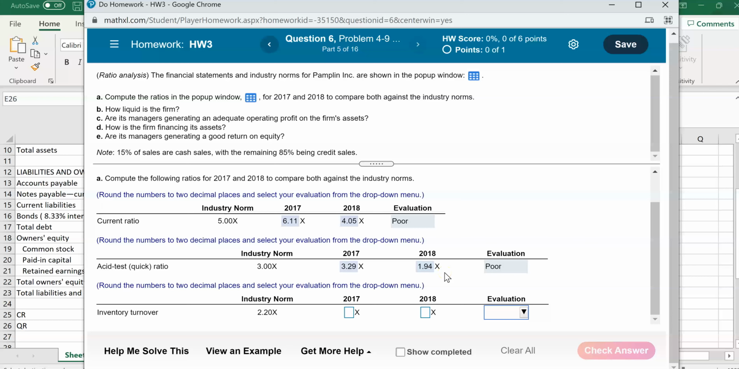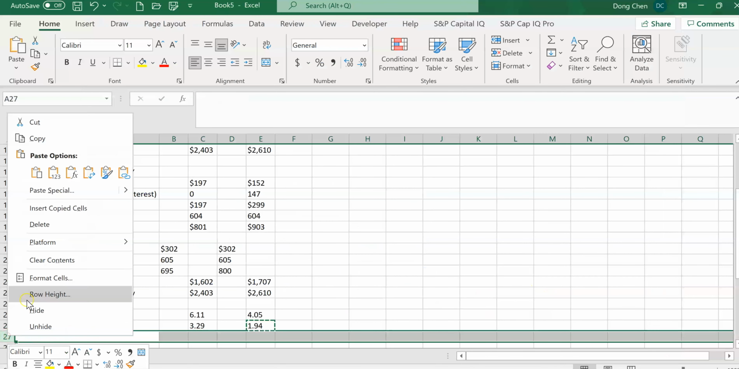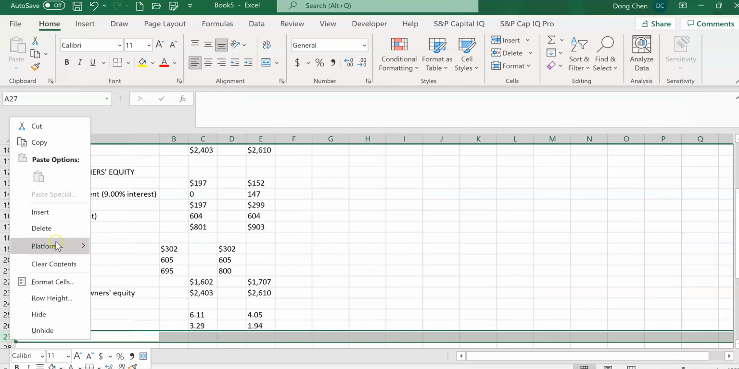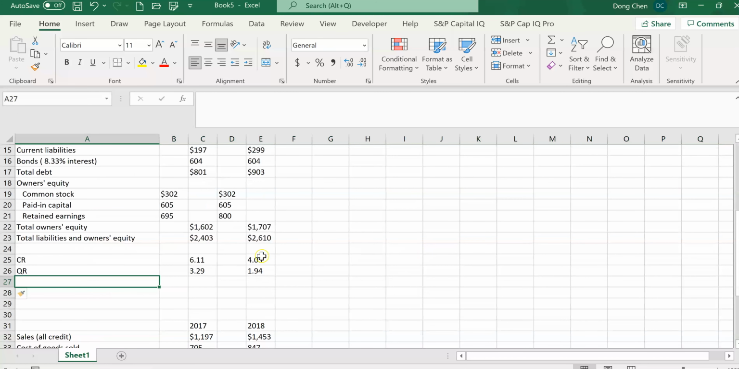So inventory turnover is defined to be cost of goods sold divided by inventory, right? So that's the definition of the, let me add one more, just delete this and add one more row, maybe 2 more, just in case we want to calculate more ratios later. So inventory turnover,